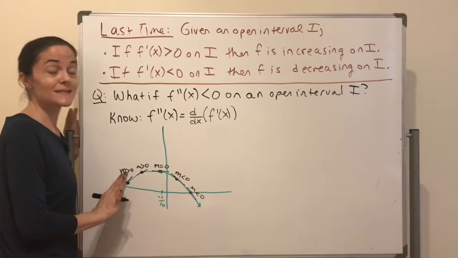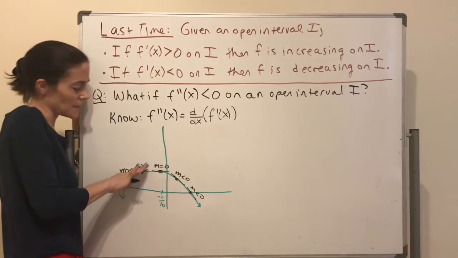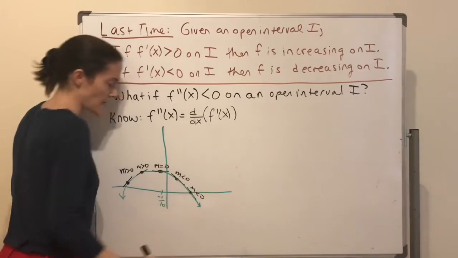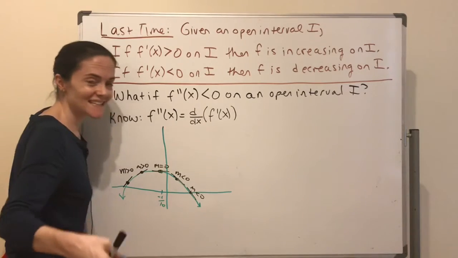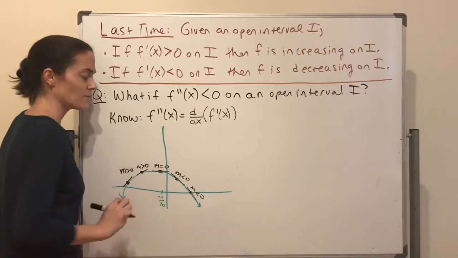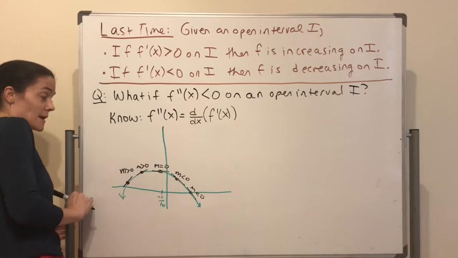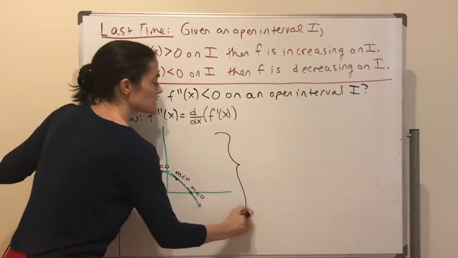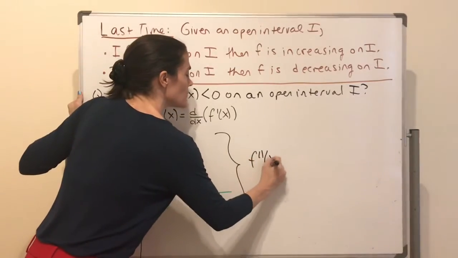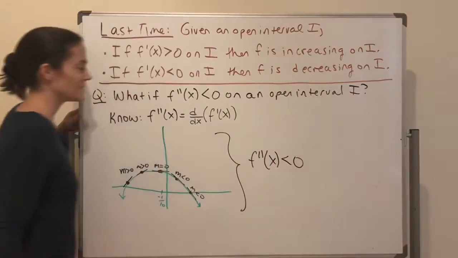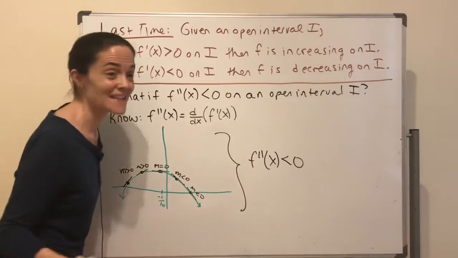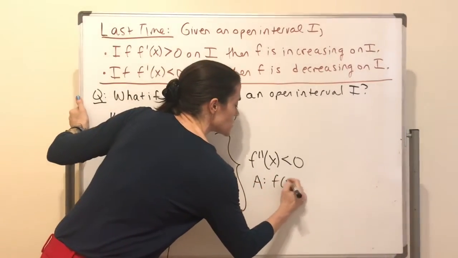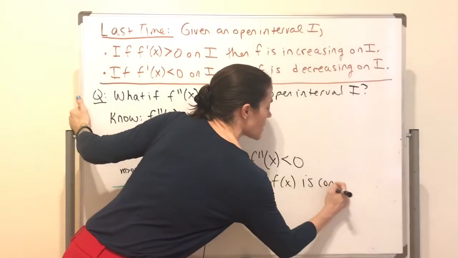but it's the steepness, right? It's very positive and then not as positive, 0, sort of negative, more negative. So the slope of the tangent line for this curve, reading left to right, is a decreasing function. So in this picture, the second derivative is negative, okay? And this too has a name. I'll match it for the answer. The function is concave